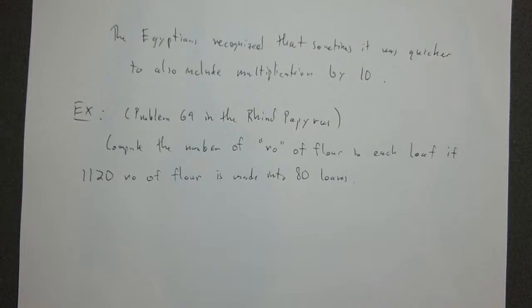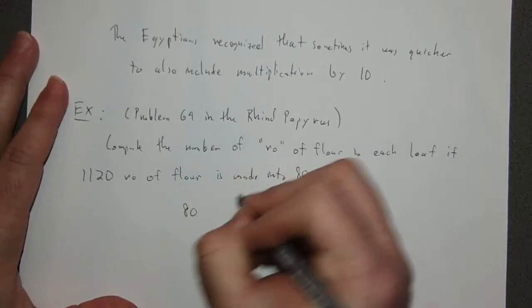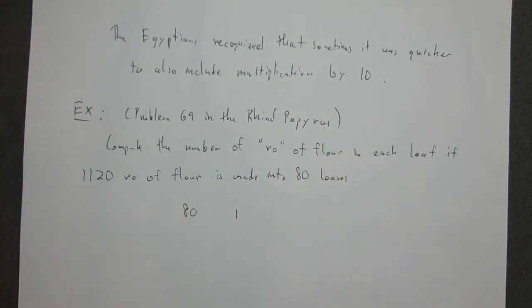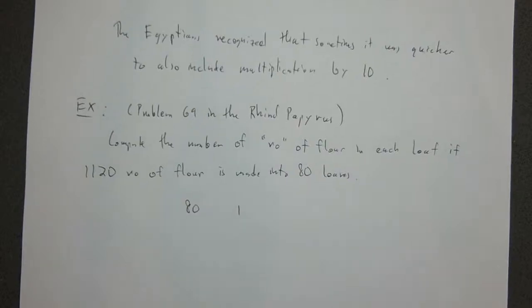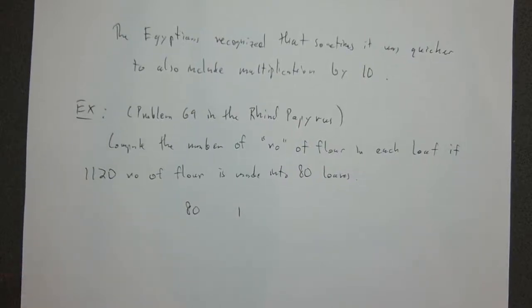Okay. So what we're being asked to do, obviously, is to divide 1,120 by 80. Okay, and so doing like we did before, we begin by tracking multiples of 80. But 1,120 is a big number. So the Egyptians would have said, all right, we could double 80 a bunch, and we're still going to do that, but it would be quicker if we actually recognized